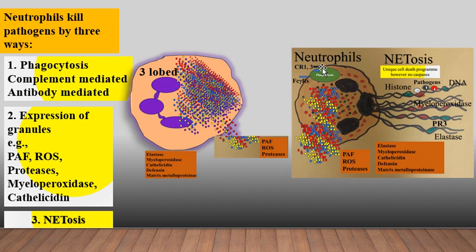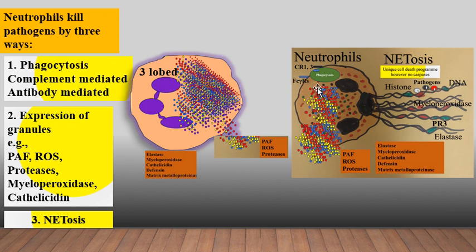They have complement receptors 1 and 3 on their surface, and also they express Fc gamma receptors. So the complement receptors mediate complement mediated phagocytosis, whereas the Fc gamma receptors mediate antibody